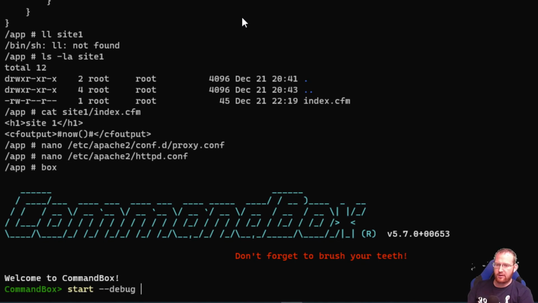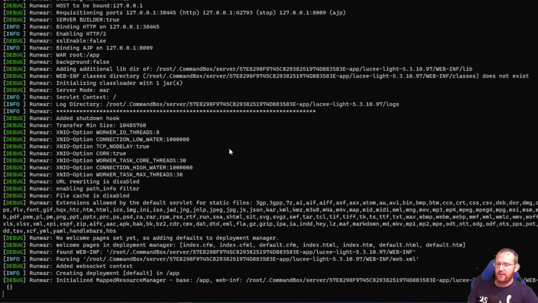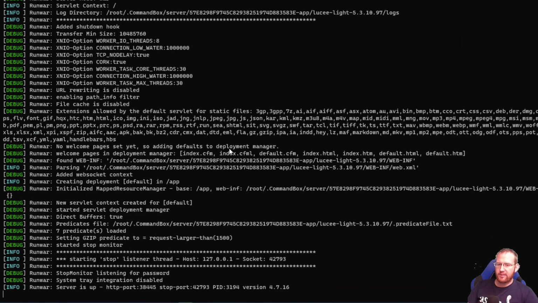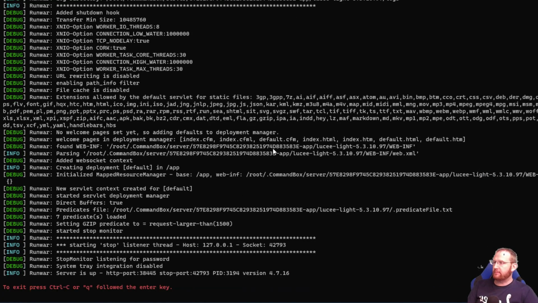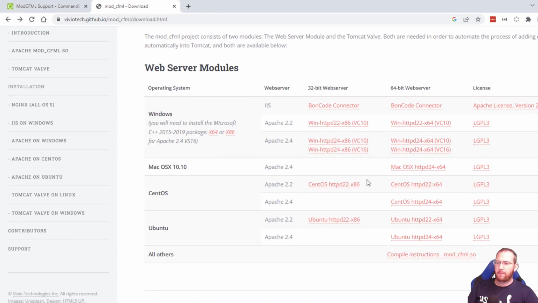So I'm going to start with debug on, so we can see some of those debugging messages. I'm going to do a console start. That way we can see the details of the deployments in the console logs. All right, server's up. Love how fast that is. So when I started, here